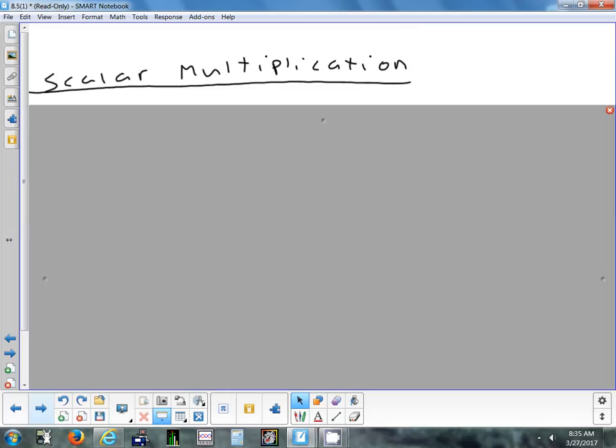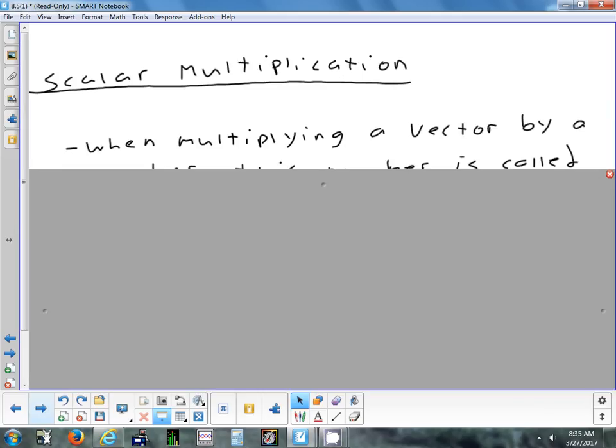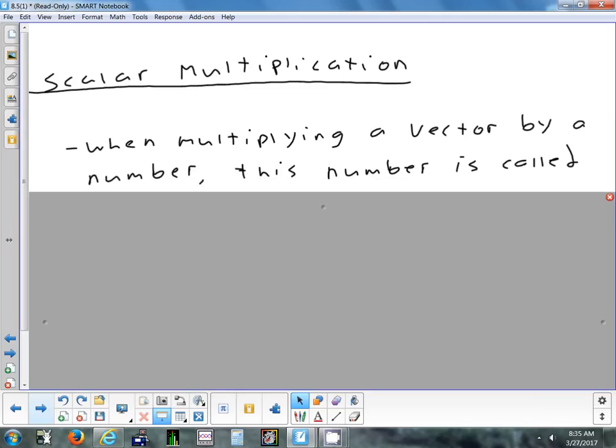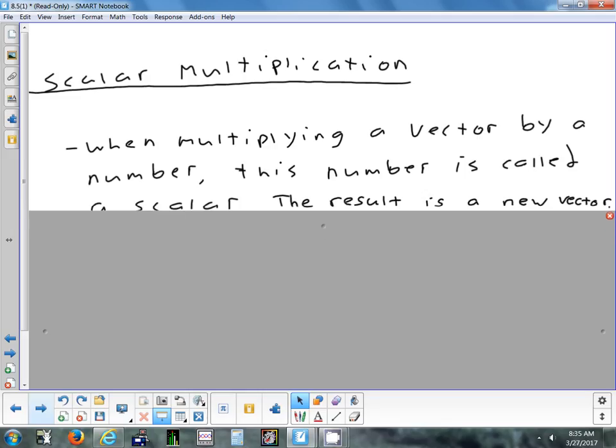All right, so next thing we're going to look at is multiplication, but we're not going to look at multiplying a vector times a vector. I just said that would be Wednesday and Thursday. We're going to look at what's called scalar multiplication. Scalar multiplication is when you take a vector and you multiply it by a number. So it's a number times a vector. And that number is called a scalar. Now, if you scale something,